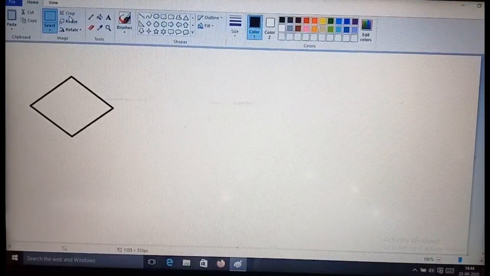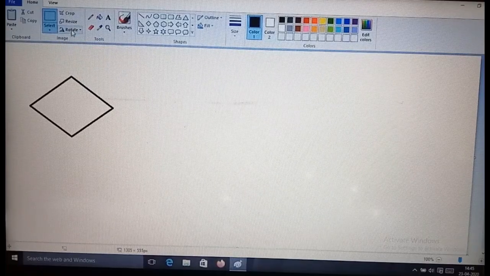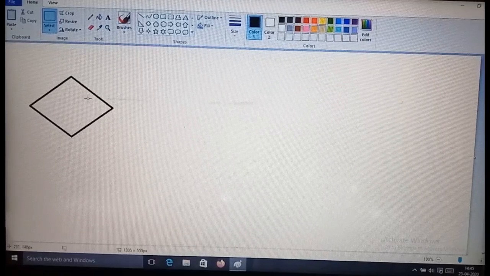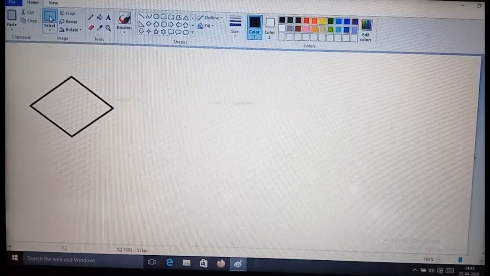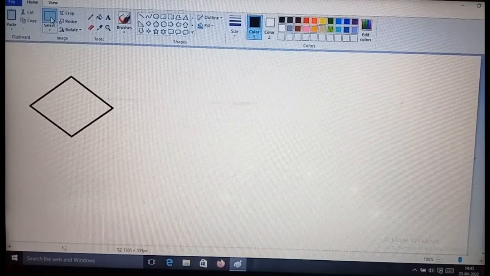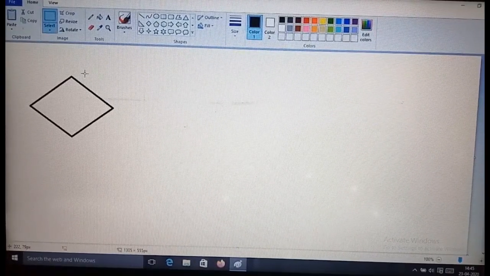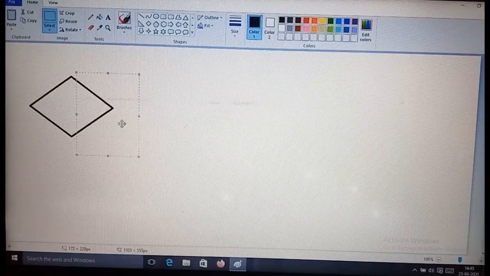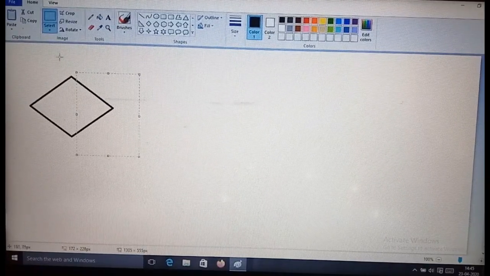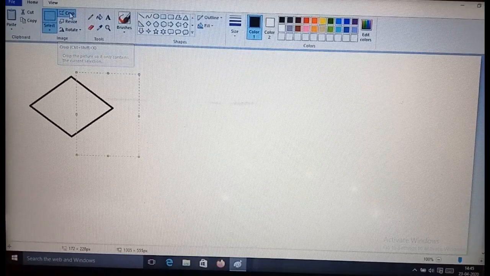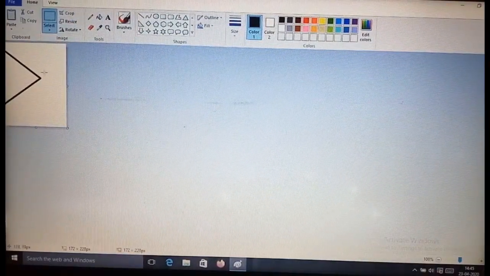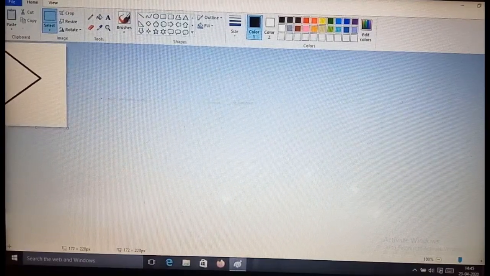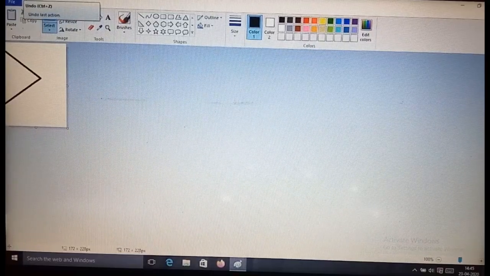Now, for using the options available in the image group, crop, resize and rotate, first of all we need to know how to select the image. Here the select option is available. You select the select option, then you come to the drawing area and click on any part of your image. Next you click on the crop option with a left click, and now you can see that the parts you have not selected have been deleted, and the part you selected is showing on your screen.